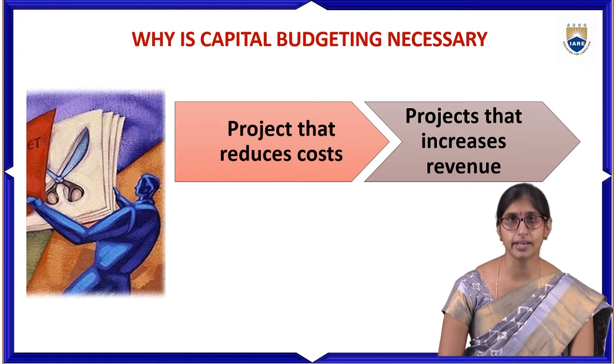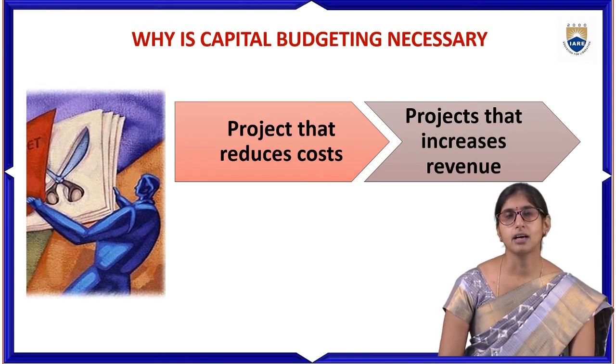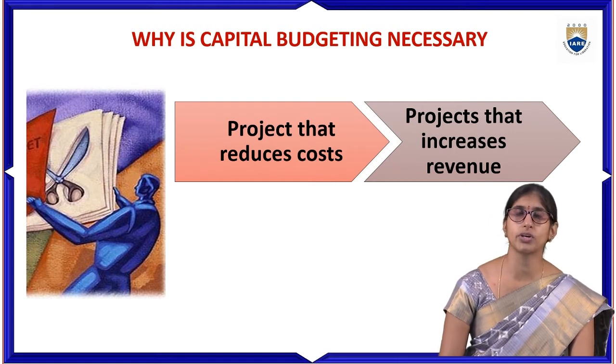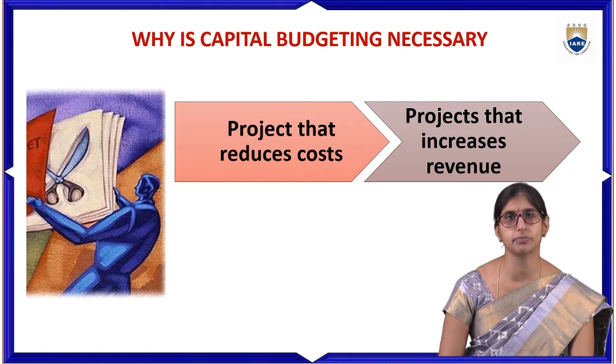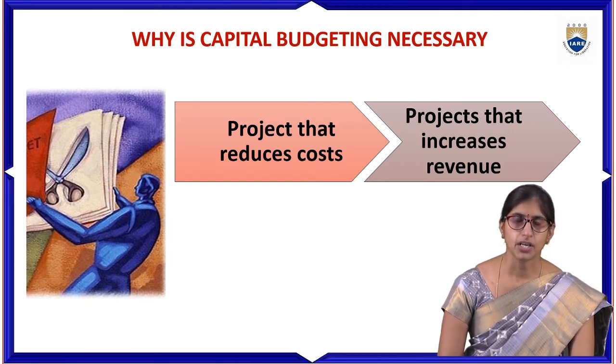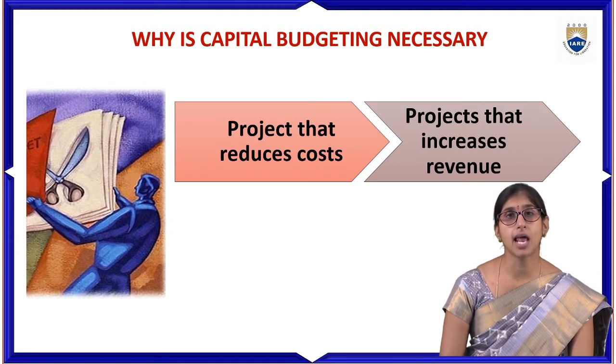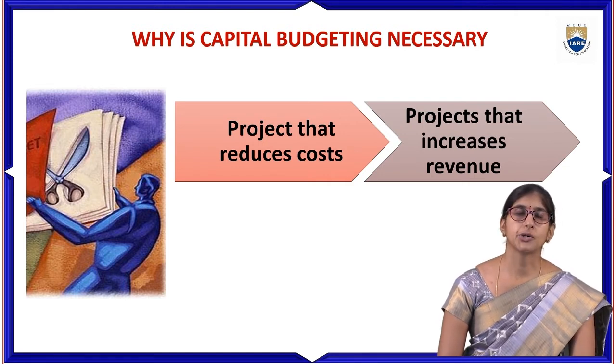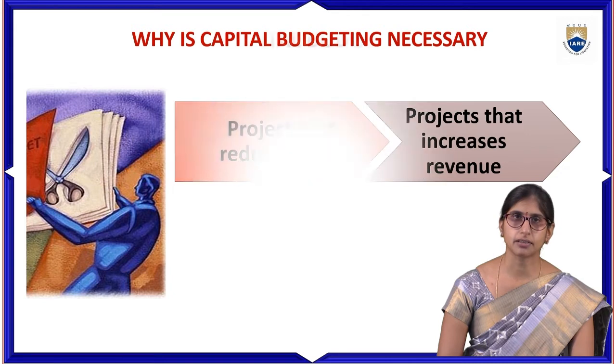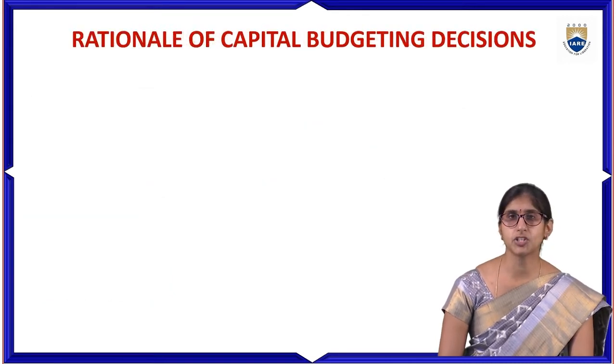With this, one can estimate the future expected outcomes, so that he can decide or check the investment alternatives. Based on the different investment alternatives, he can check the opportunity cost and the opportunity loss in this particular capital budgeting. So capital budgeting is helpful in this way in reducing the cost of the project and increasing its revenues. So what are the capital budgeting decisions?